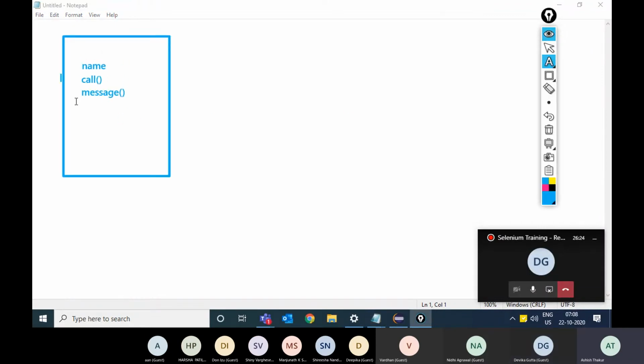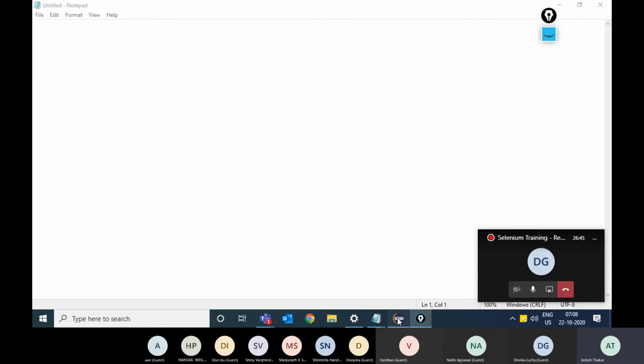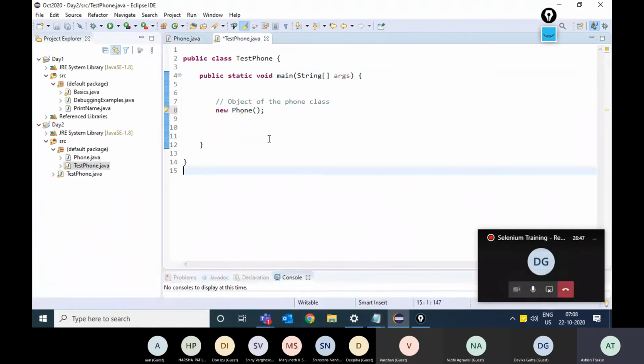So this is the object. It's got three properties: name, call, and message. It is hanging in the memory. It cannot be accessed. To access this object, you need to create something known as an object reference.